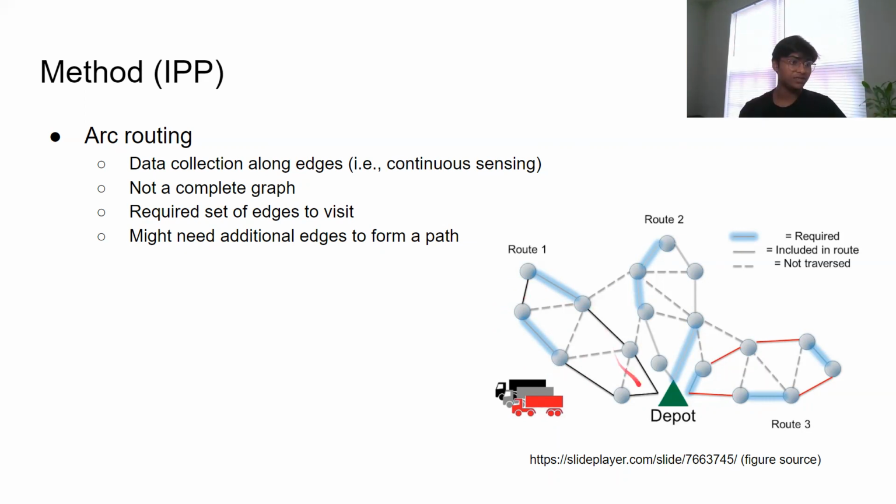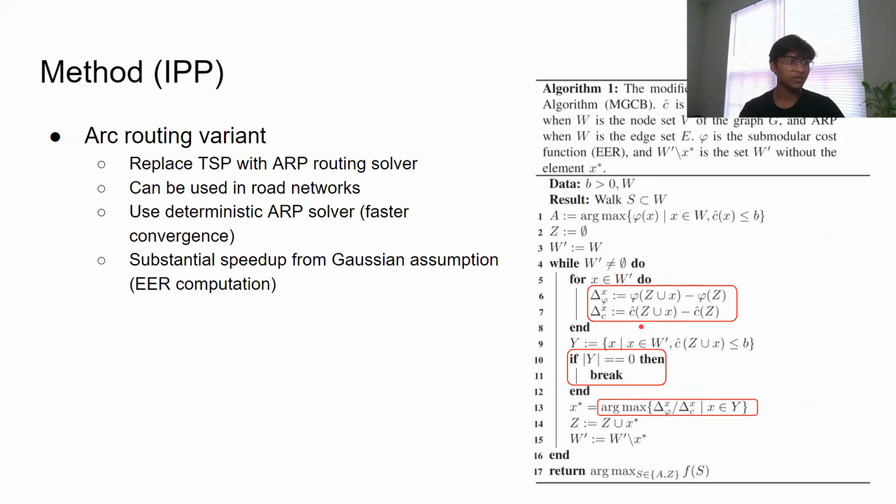The route cost would be the cost of the route such that we visit both the required edges now. And the EER would be all the information we get in traversing whatever path you get upon solving your routing problem. And we repeat this process. We keep adding more and more edges until our distance budget has been saturated, or the entire graph has already been traversed. Of course, more often than not, your distance budget is going to run out well before you cover the whole graph. And that's what the algorithm is doing.